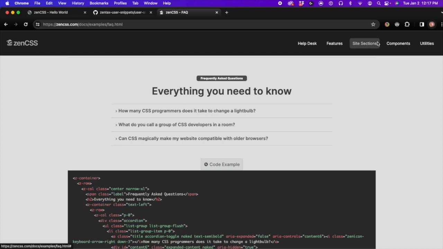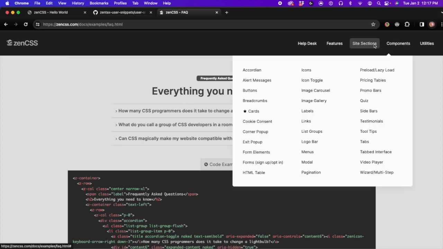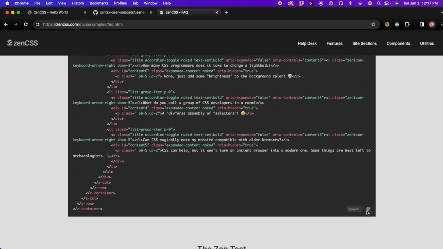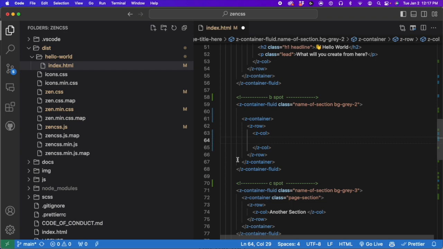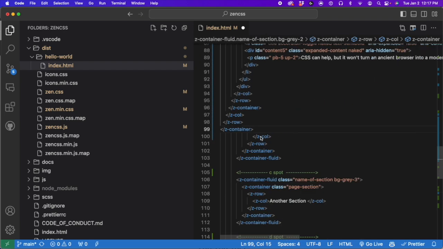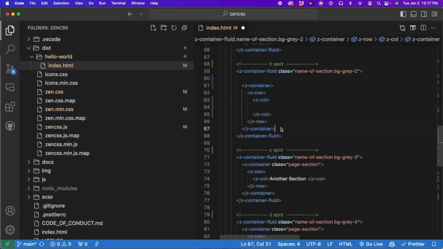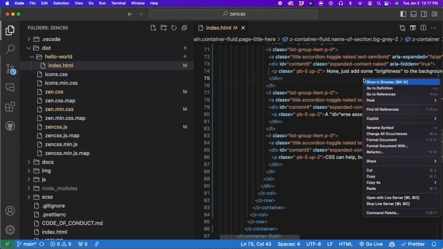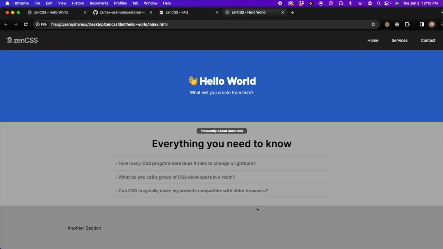Remember, everything in site sections and components are usable demos with source code examples. So we just go into the source code, go ahead down to the bottom here, click this copy to clipboard button. Switching back to ZenCSS, we can paste that right in. Actually, it is a container already, so we'll need to replace the container. Just like that. We'll hit save, show in browser, and you'll notice that it's gone ahead and styled that up